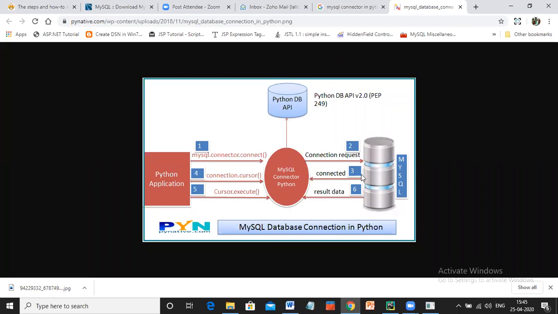I'm using this function, setting up some parameters, and that request goes to the MySQL server. If the connection request parameters are valid, then only you can connect to this particular database.